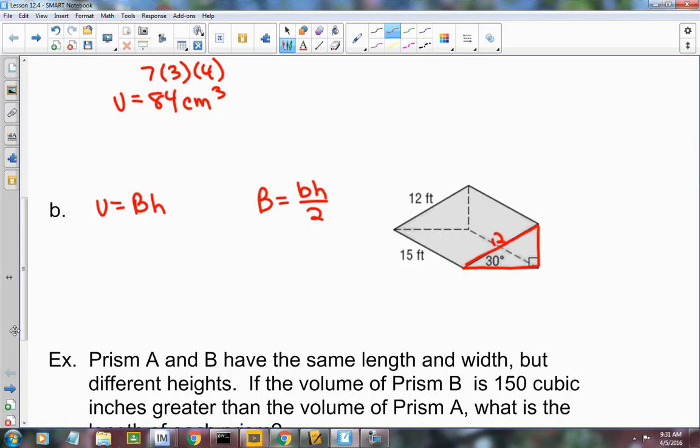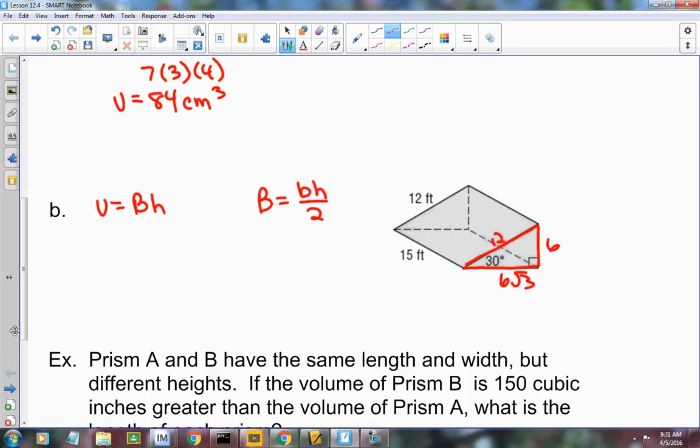The short side. Now where is the short? It's across from the 30, right? Always, no matter what it looks like, it's always across from the 30. There was one question on the test, and it was really kind of hard to see which one was longer, and some people got them mixed up. No matter what the picture looks like, the short is always across from the 30. Always, okay? All right, so it's half, which would be 6, which means the long is going to be 6